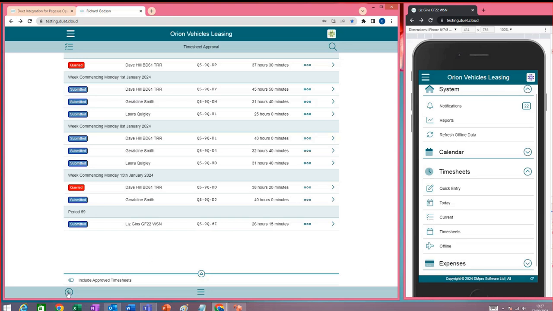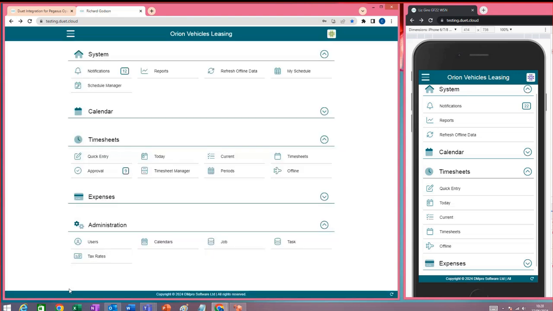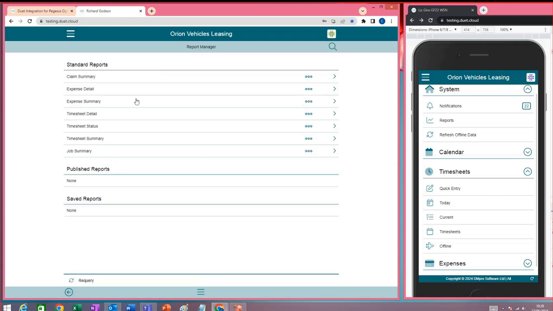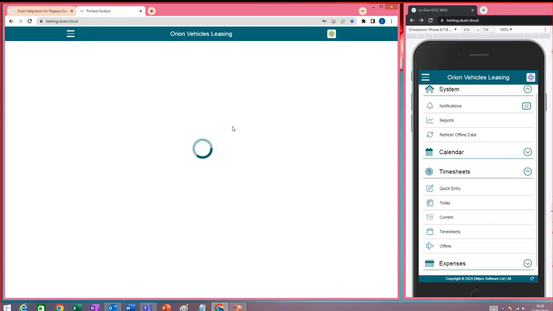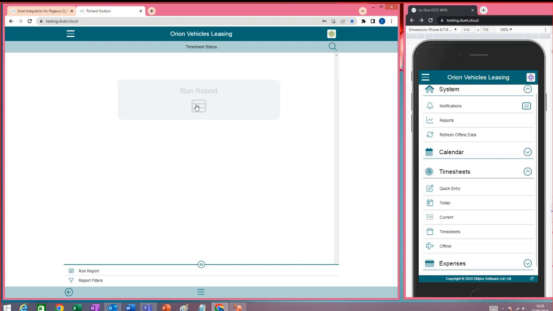Some of the things people would want, if you were, for instance, Richard, and you're approving many timesheets, sometimes you get a situation where you want to find out which of your users has not submitted. You might want to chase them up a little bit. You've got a load of reports built in here. Now the reports list will only show you the modules that you've been activated. So Richard is only activated at the moment for timesheet and expense, but something like a timesheet status report would be useful for him. We can run the report